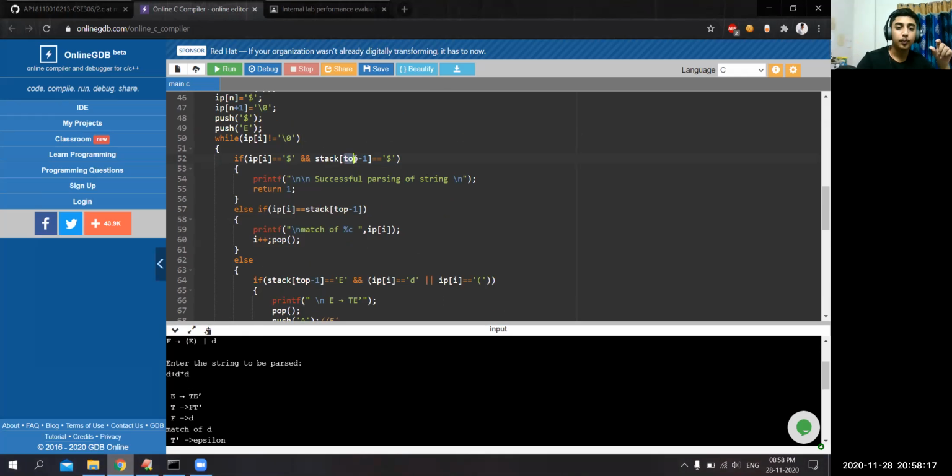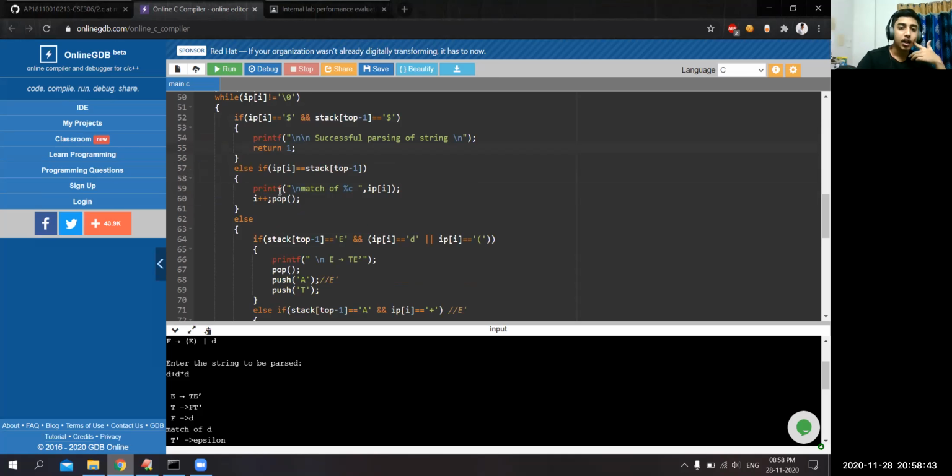The stack contains only one non-terminal. Stack of top should point to E, and stack of top minus 1 should point to dollar. Now the starting variable can be anything, that's why we didn't specify E. If stack of top is the starting symbol and stack of top minus 1 is dollar, then you have successfully completed the entire thing. You print and you end the program. This is like the breakpoint we wrote for the while loop, at the first. Else if